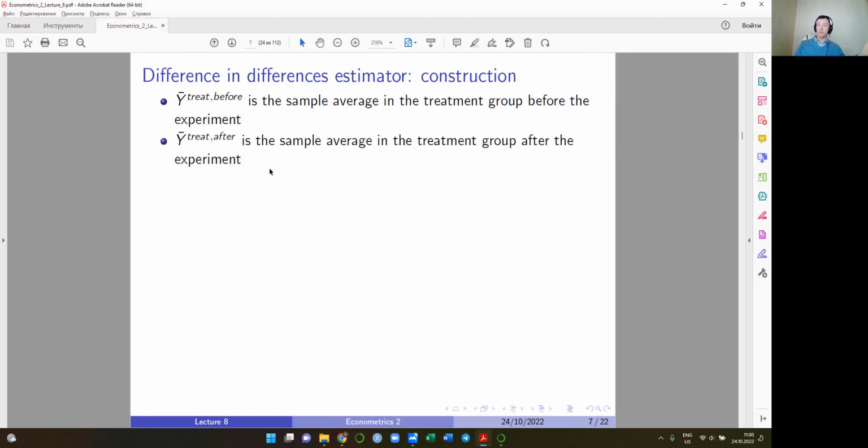So in this similar way, we introduce treatment after. So the sample average in the treatment group after the experiment. And you can think, like usually people do, the following. They compare this y bar after and y bar before, and they immediately tell that, well, this is the effect of treatment. But it is not true, because before and after,